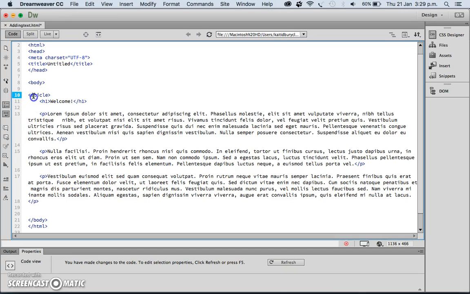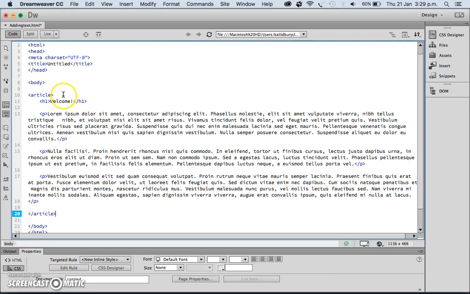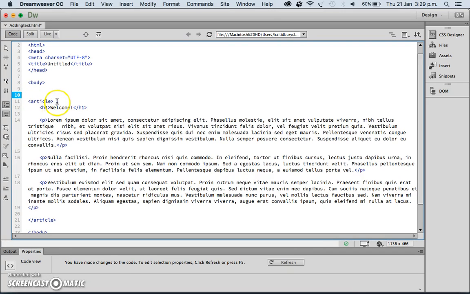Helps if you spell it correctly as well, article. And I'm just going to make sure that I close it here as well, so that I've got my opening element and my closing element. At this stage it won't actually do anything to my web page, but that's because we're going to style it now. So just above the article element that you've written there, but inside body still, we're just going to embed